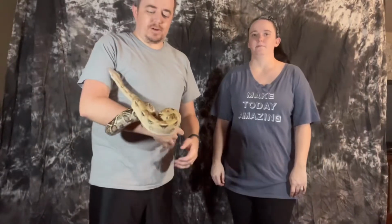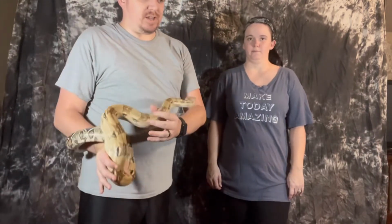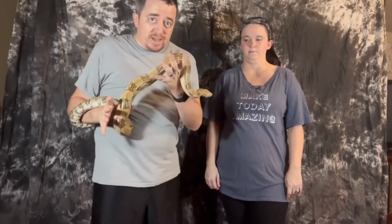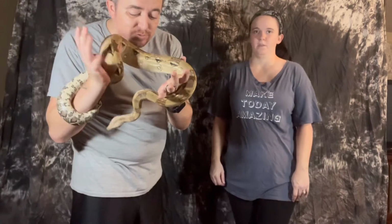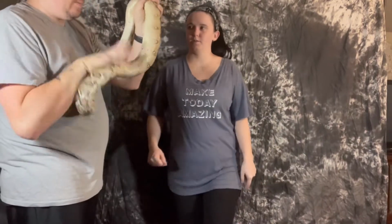And here we have our biggest female. She is 100% double het for VPI T-positive albino and anery type 1. She is a beautiful, beautiful, beautiful girl. Again, we're going to do the same thing as last time. I previously weighed 178. So I'll put her